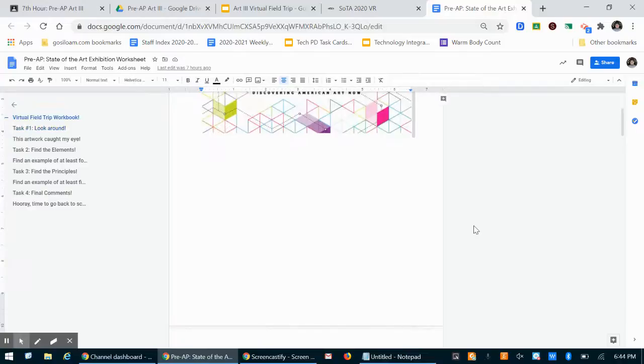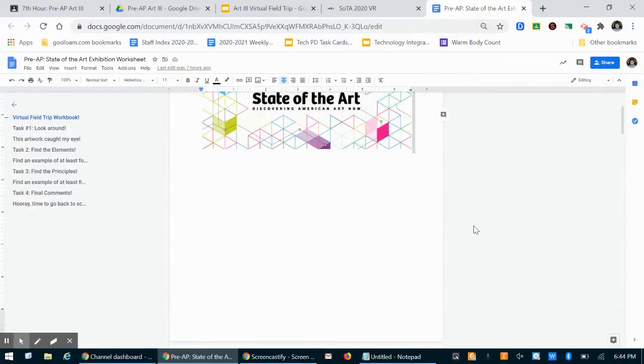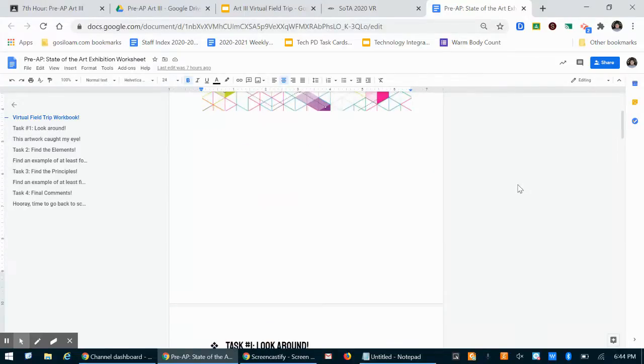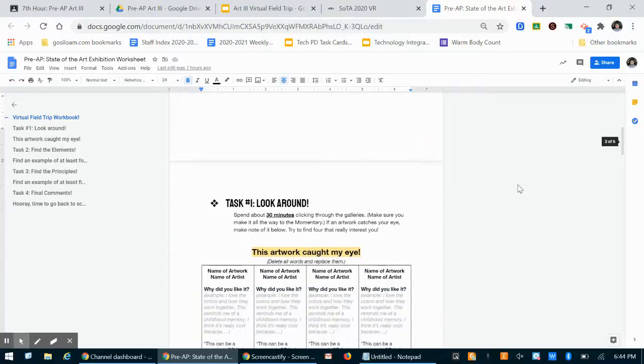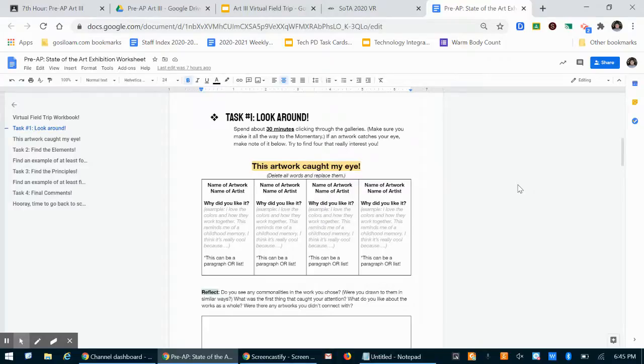Okay, so I just want to go over a worksheet really quick so that you know what's going on. I know I've been talking a long time. I want you to have your freedom to go through all of this. So I have split all of this up into 4 different tasks. And if you have this open like I do, you can kind of see them and click on them. The first thing I want you to do is just look around the gallery. Just spend time, like at least 25, 30 minutes looking around, clicking on the different artwork, jotting down anything